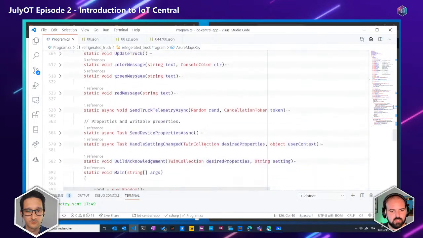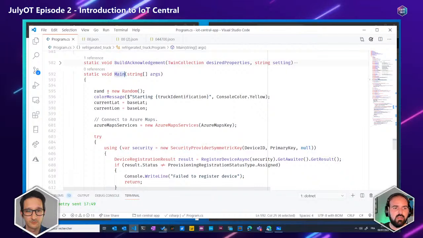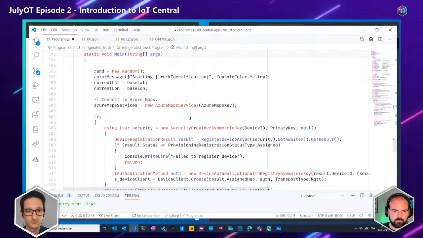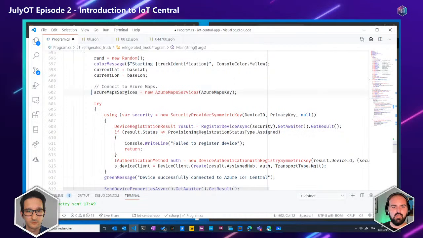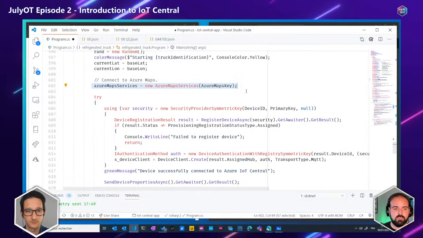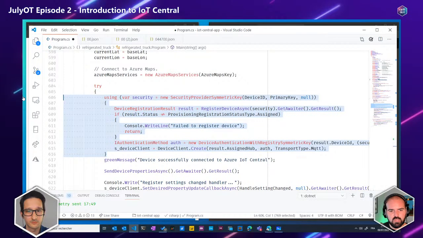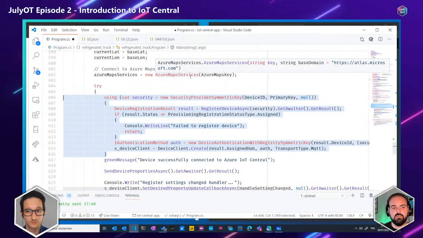And then we will jump to the main method of this application and try to understand what's done when I launch the simulator. So actually, I connect to the Azure Maps services, which is, as I said, used to calculate routes. And then these lines of code are the lines used to register the device to Azure IoT Central and to get a communication link between your device and Azure IoT Central by using, behind the scenes, Azure